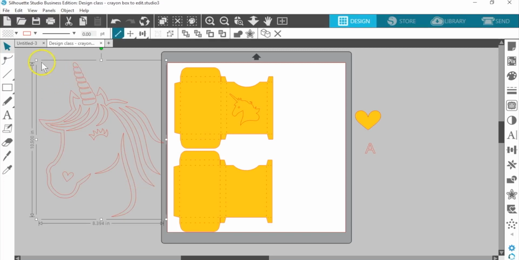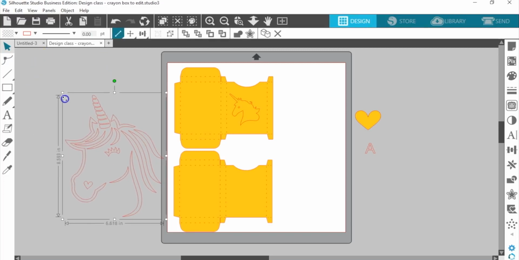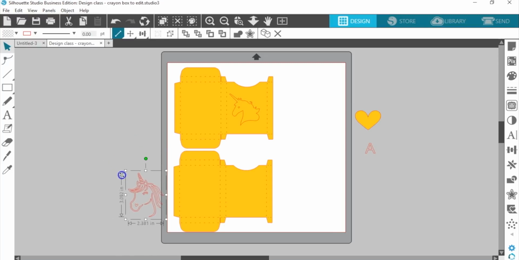I'm going to resize this just with the corner handle to just under 2.5 inches tall. And I can see that dimension change as I drag that corner handle. So now when I move this to the top of the box, you can see that it's underneath. So I'm going to use my Bring to Front choice in the Quick Access toolbar. That brings it out in front again.